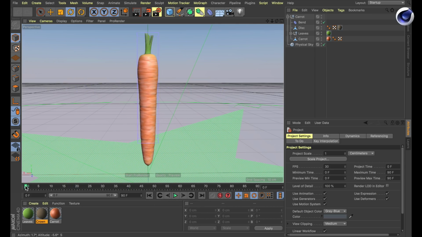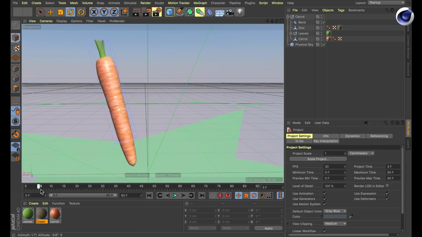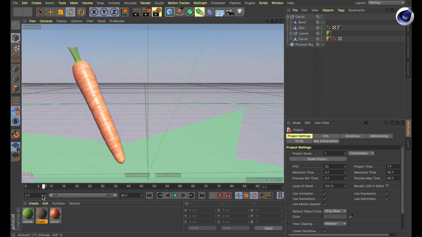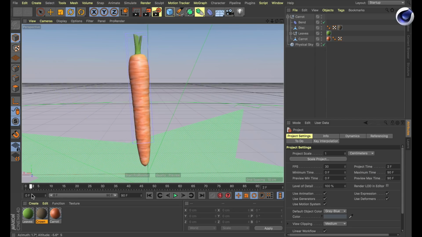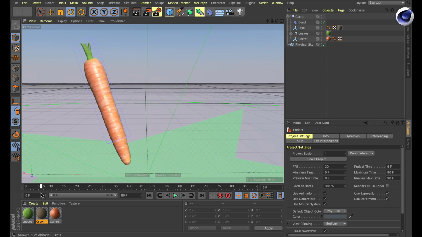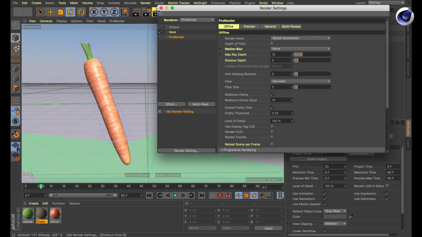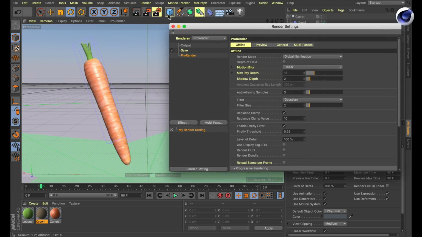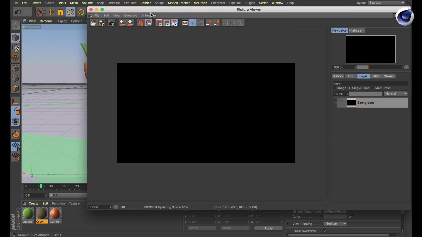So first, if we have an animation like this where we are just adjusting some position, or where just the position and the rotation and the scale are animated, then you can use linear motion blur. So let's open up the render settings, and in the offline render settings we've got the motion blur parameter, and let's set it to be linear. And if we hit render,